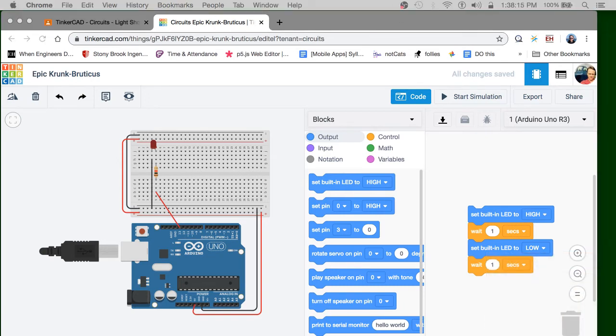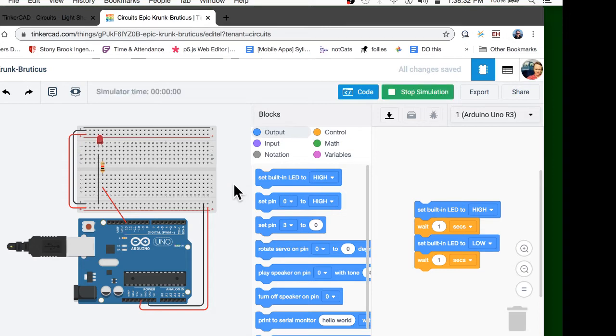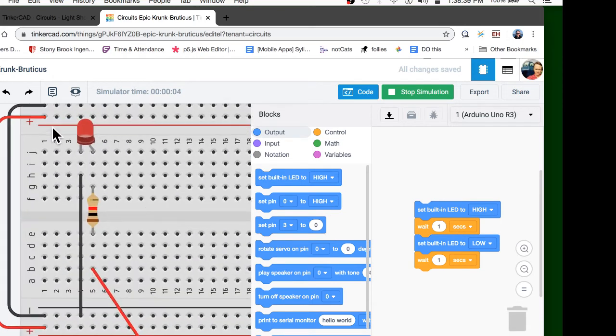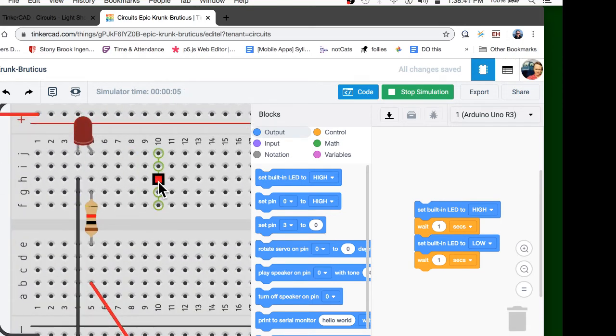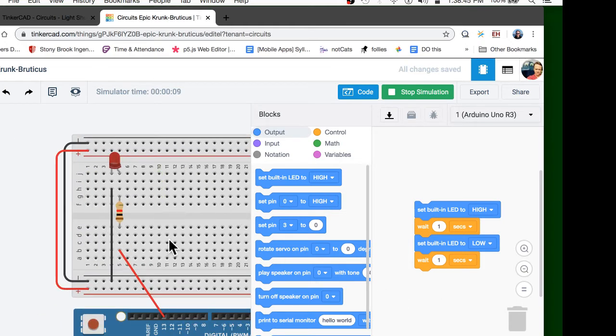But just with the code that we have here with these blocks, I can look at it and it says it's set to the built-in LED. That built-in LED is actually pin 13 when you're looking at these. So if I hit and run the simulation, click, there we go. You can see it plugs it in. And here, if you zoom in on this red one, you should be able to see that it's all blinky and happy. Now it's just doing it not super, super bright, and I think that's because of the